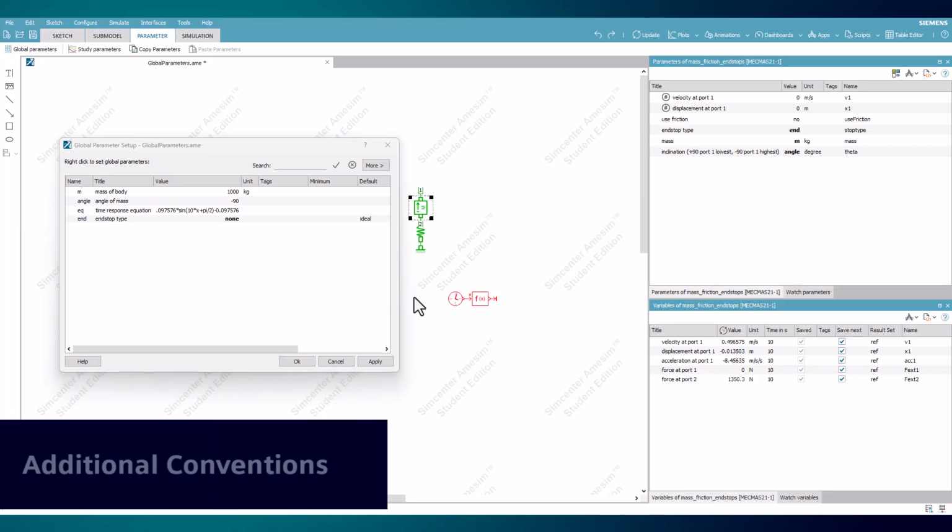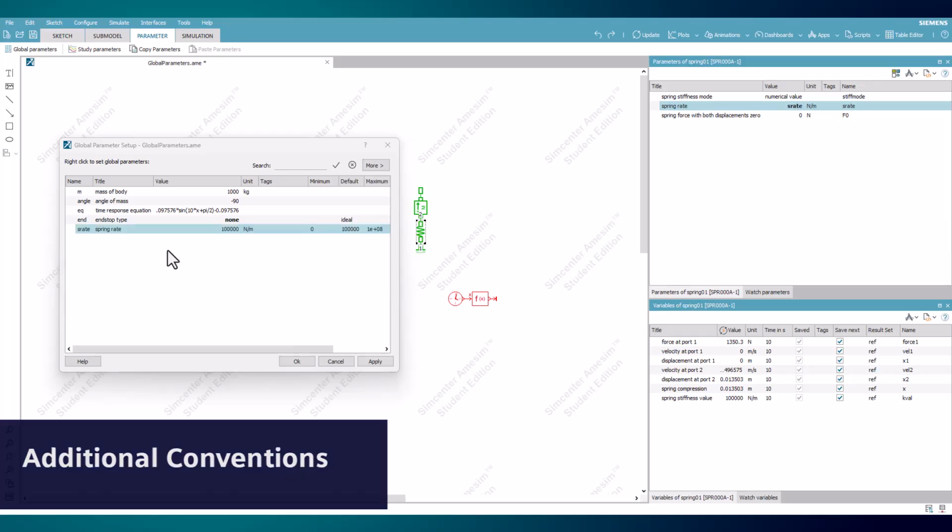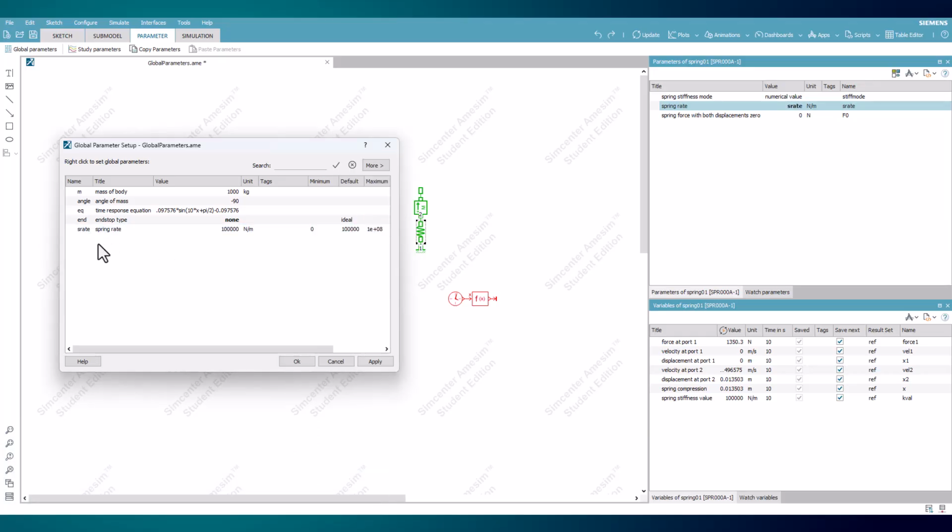An alternative for creating global parameters is to drag the parameter from within the component into the global parameters window, creating a new one with a generated name, title, value, and unit if a real parameter. Also, the minimum, default, and maximum values for that parameter will be present. The parameter value within the component will also be automatically changed to this new name.